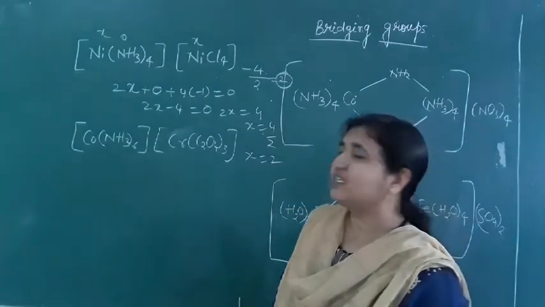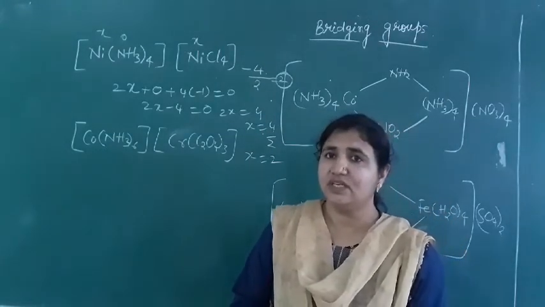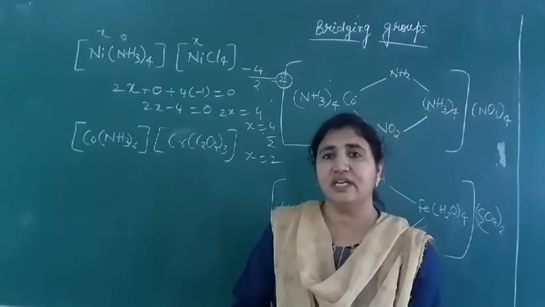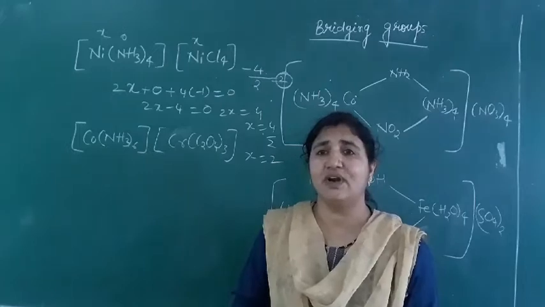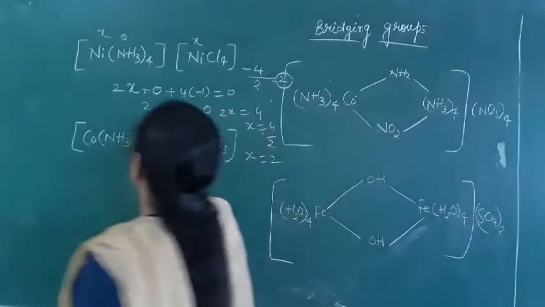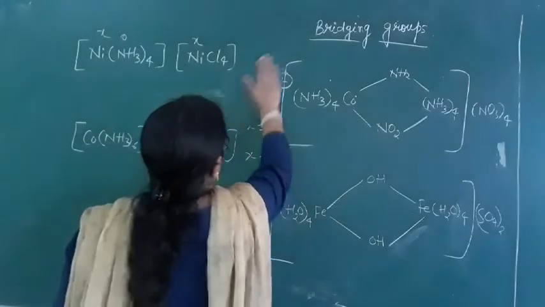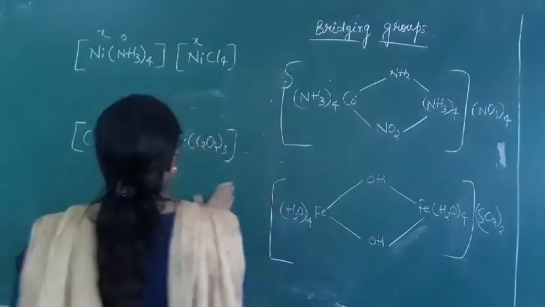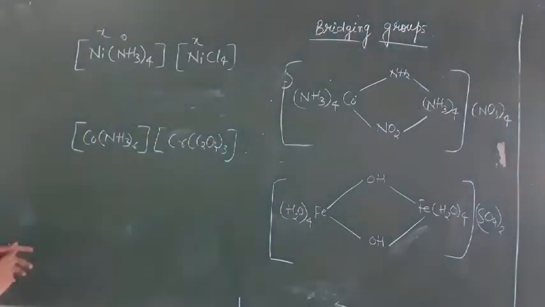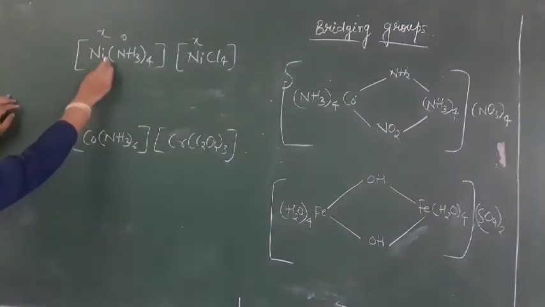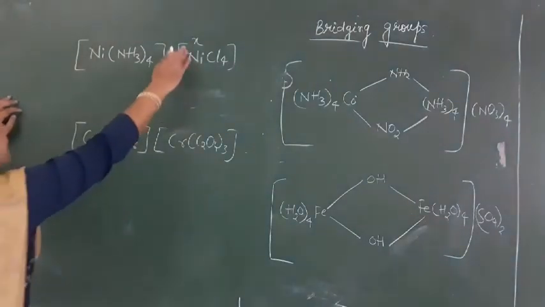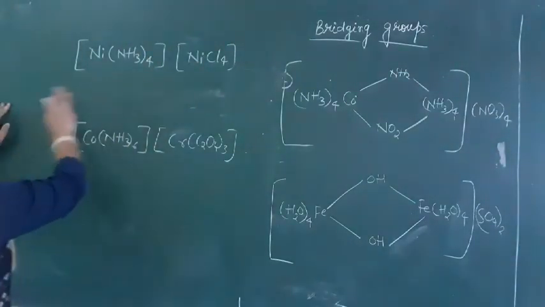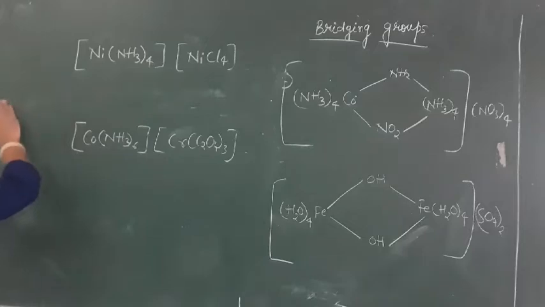Okay. So like this you can find the oxidation state if both the cation and anion are complexes. Okay. So come to the nomenclature here. So like this you should find the oxidation state. Now here this is the complex ion cation, and this is the anion here. So while writing the anion complex ion name, first we will write the ligand's name here. So it is what?